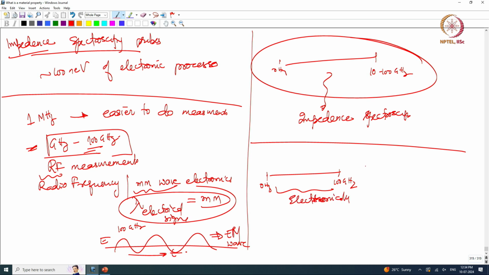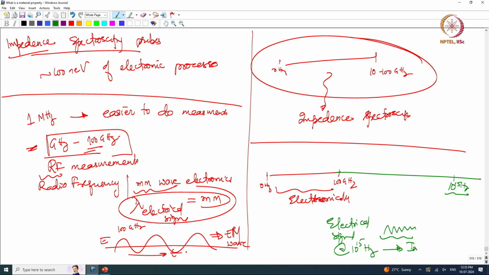But if I have to measure a dielectric constant at optical frequencies, so what are optical frequencies? Optical frequencies are somewhere here, that is about 10 power 15 hertz. So, I cannot really create an electronic probe that can give an electrical signal at 10 power 15 hertz, that is not possible. Rather, I will shine light,